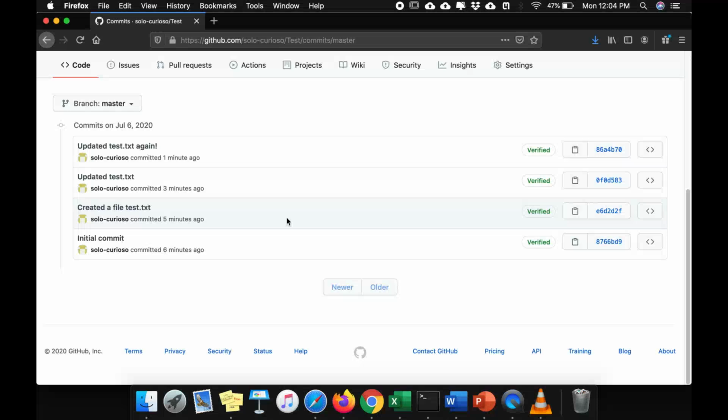Then we updated the same file test.txt in which we added another line, and we have already seen that you can easily keep track of and compare changes in the files by just having a look. The green lines show you the lines added. Then we added another commit in which we updated the test.txt again. So this was the file in which we deleted 2 lines and added another line.